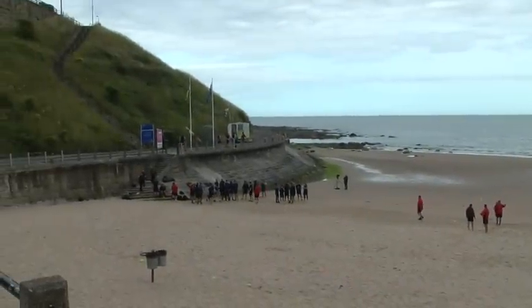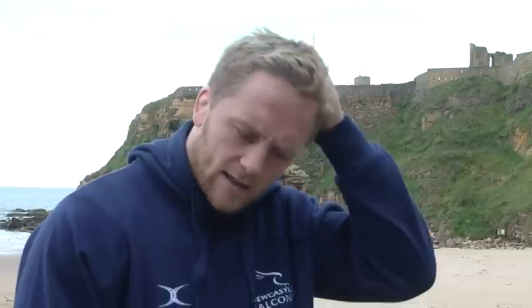of a well-earned break. It's the last session before we've got a nine-day break, so I imagine there'll be pretty high intensity. There's quite a few stairs here, so they'll be involved, and there's a few hills to do some hill sprints, and just being on the beach makes the running a bit more difficult. So it'll be high heart rate stuff, but it's the last session before that big break, so they'll be pushing